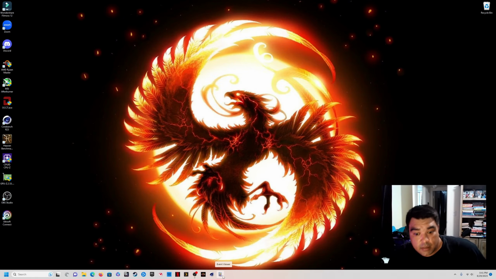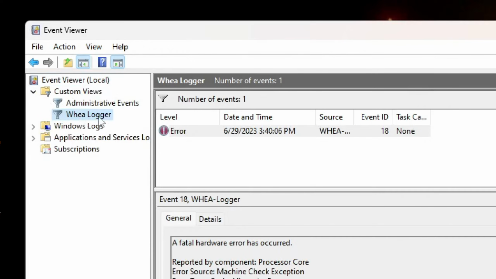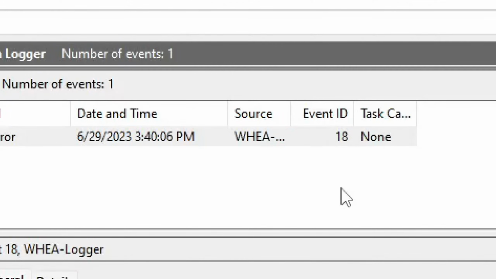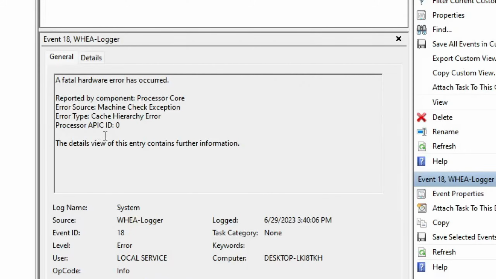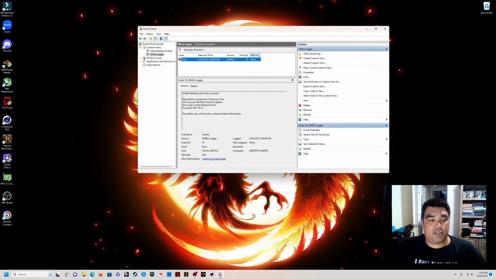All right, so I got all the way up to -30 on all core, and then it basically died on me. So when that happens, you just open up the event viewer, go into your WHEA logger, and it's going to have an error, event ID 18. You're going to look at that, and it's going to tell you what the error was, and it's in processor APIC ID 0. Now I know what you're thinking, what is core 0? Well, that's core 1, and how I know this